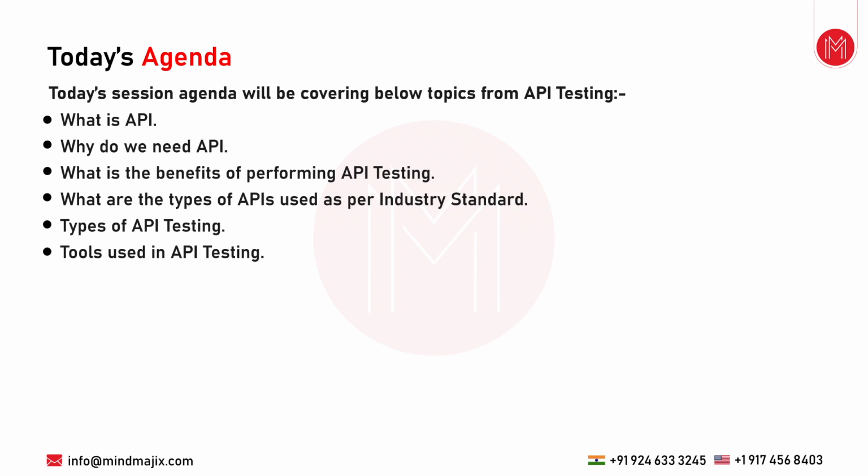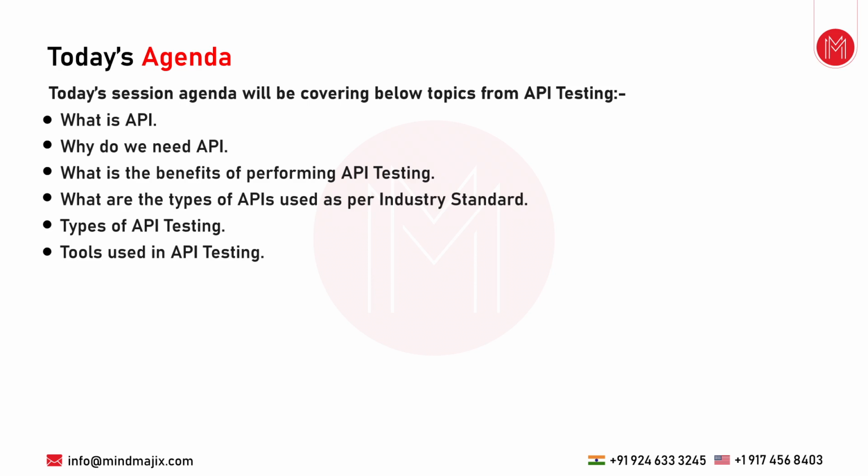And the third point is what are the benefits of performing API testing. On any platform there would always be advantages and disadvantages of doing any kind of activities with respect to API testing. So I would be taking you through the benefits, why in the industry nowadays they prefer to go for API testing first, then going to UI automation testing. I would just be giving you a brief introduction, the points, and explaining the benefits related to API testing.